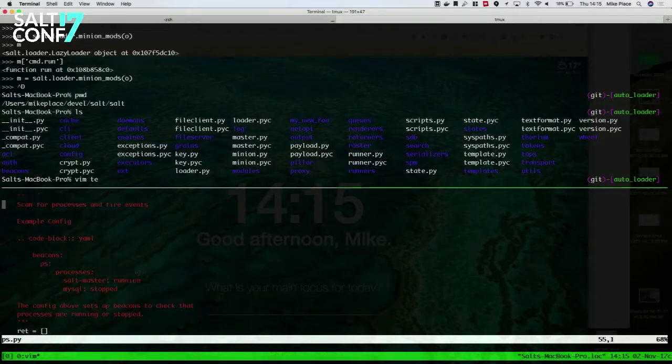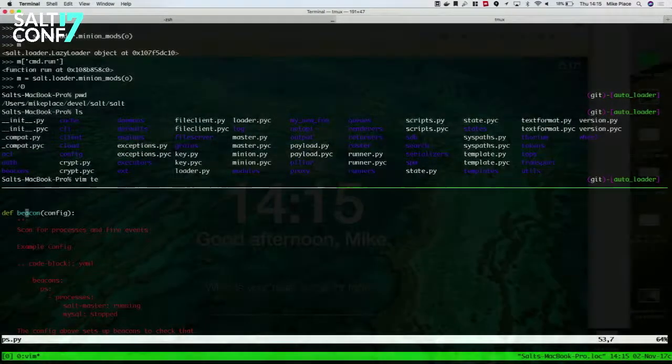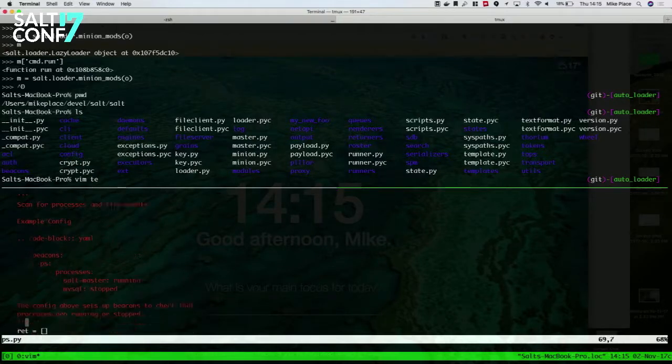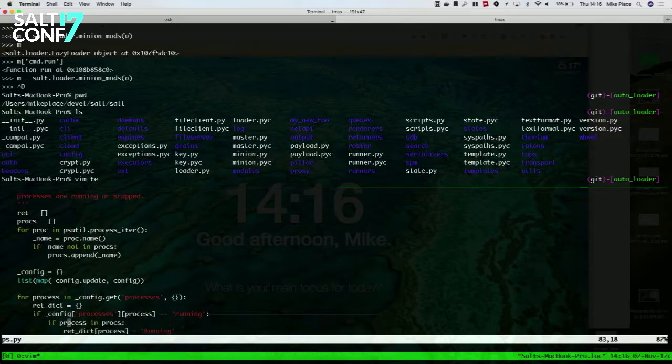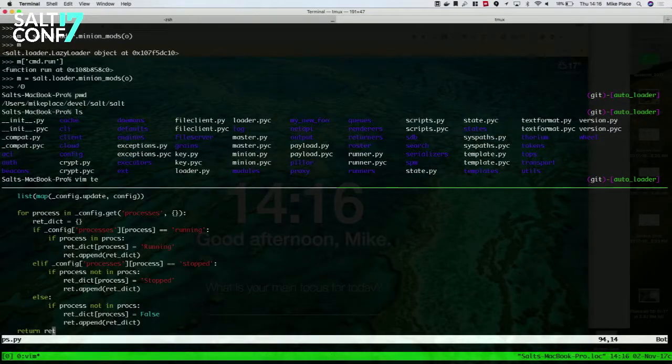You get one function called beacon inside there. It takes a config. The config is just going to be a dictionary that is defined in the configuration itself. And then it will do things, and then it will return. The watchword with beacons is to make sure that you're not doing anything really heavy. This is not the place to traverse an entire file system. You want to do something really lightweight and return quickly